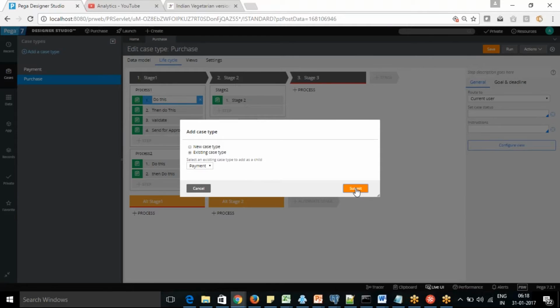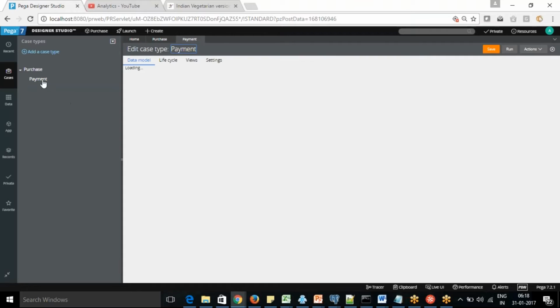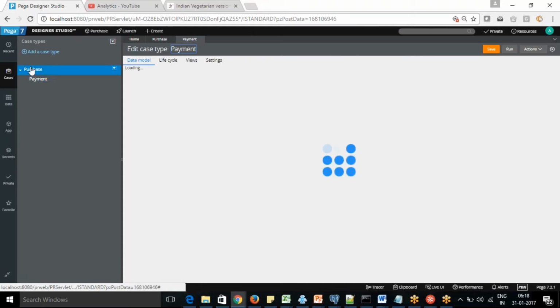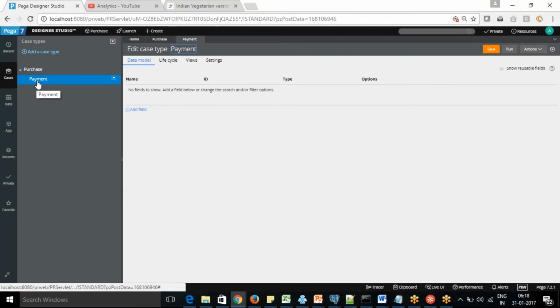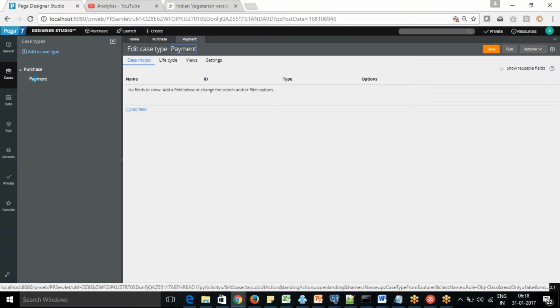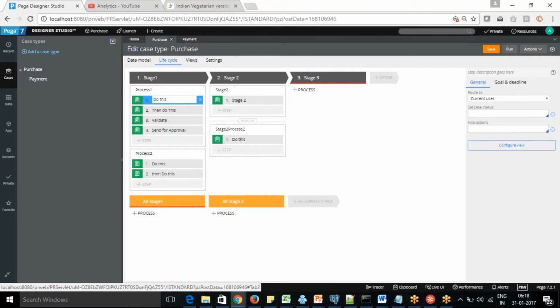I want to make payment a child case of the purchase. Now you can see payment is coming within the purchase case. So that relationship is now created, and payment is now a child case of purchase.